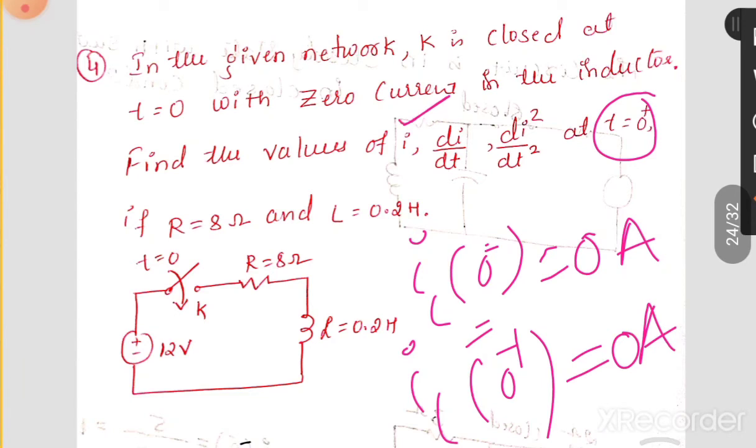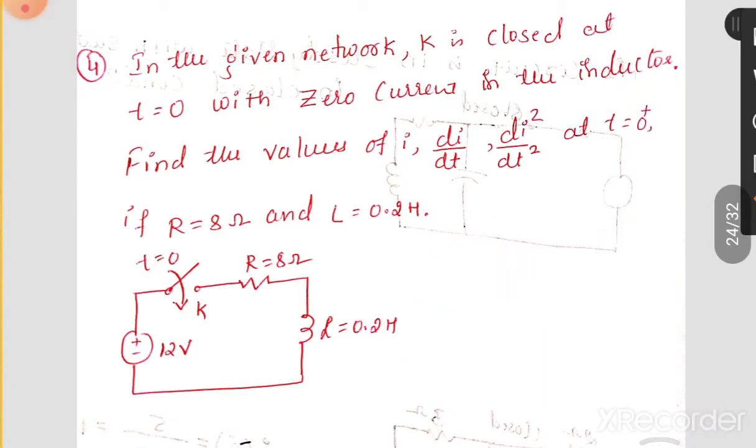Next is di by dt. To calculate di by dt, take the simple circuit of this, just close the switch; it is 0 plus. Okay, here this circuit is not in steady state. Don't represent the inductor by a short circuit. Directly write it as it is: the closed circuit with resistance, inductance, and this resistance, voltage source. Take the current as i and apply KVL. When you apply KVL, it is 8 ohm into current, that is 8i, plus the current flowing through this.